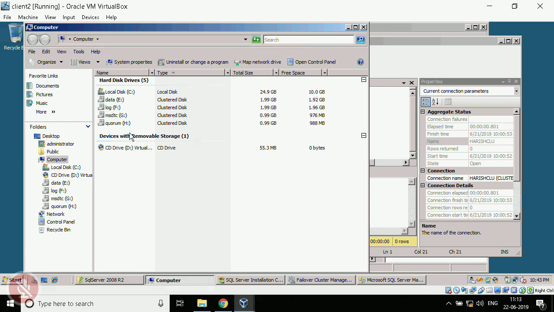We go with Windows Failover Cluster and say add node. Earlier we gave node 1 and node 2, here we only need to give node 3. Node 3 also will become part of the Windows failover cluster. Now it has become part of the Windows failover cluster. How to add it for the SQL failover cluster? Add node step you have to perform on the